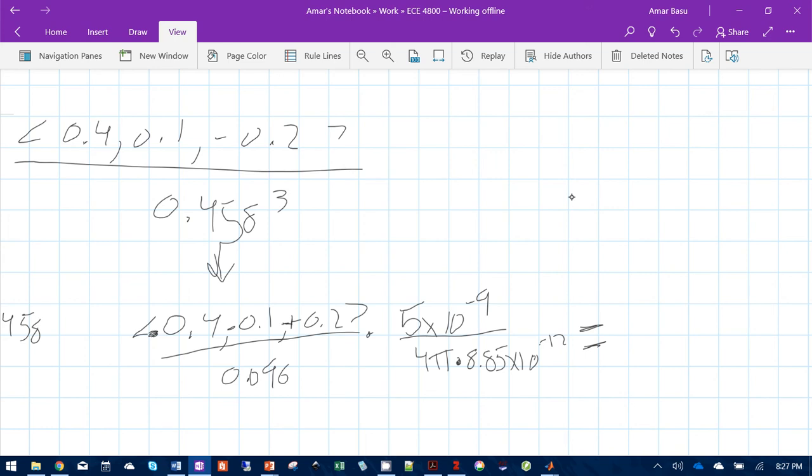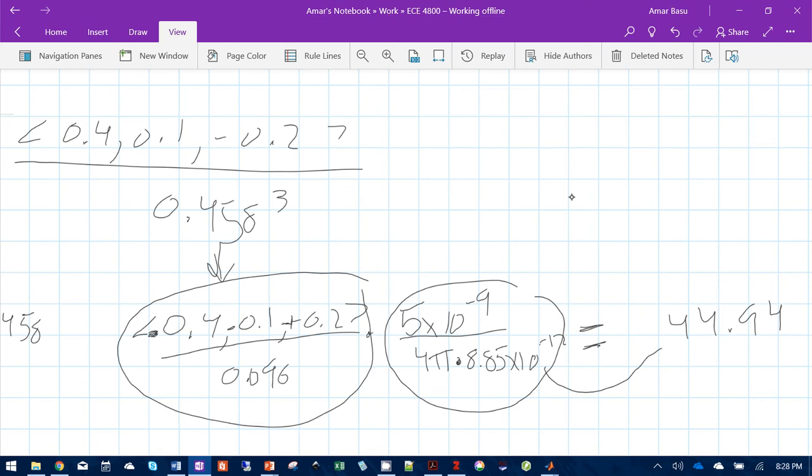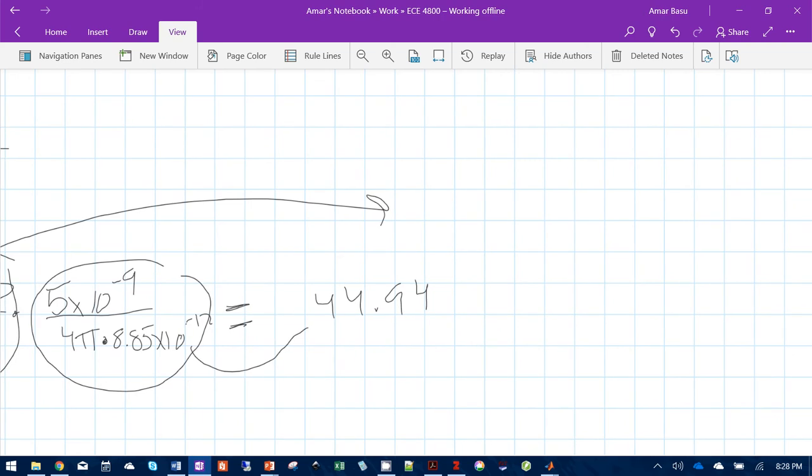And then calculations for this. Over here, you have 0.4 divided by 0.096. Others can help. If you've done the calculations already, you can. The stuff down below is 44.94. And for this, it's a bit all over the place, but we'll combine it at the end. So we get